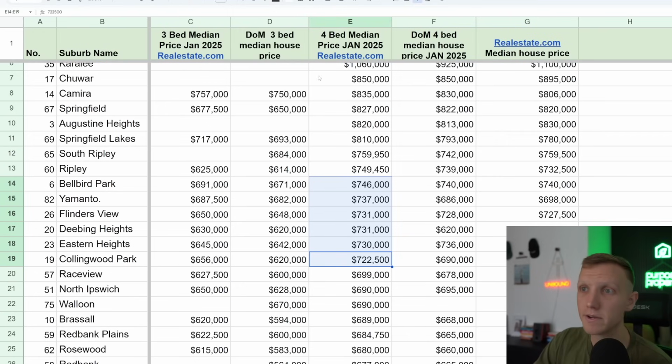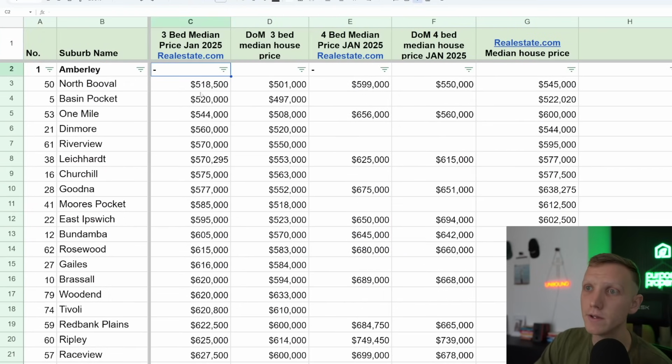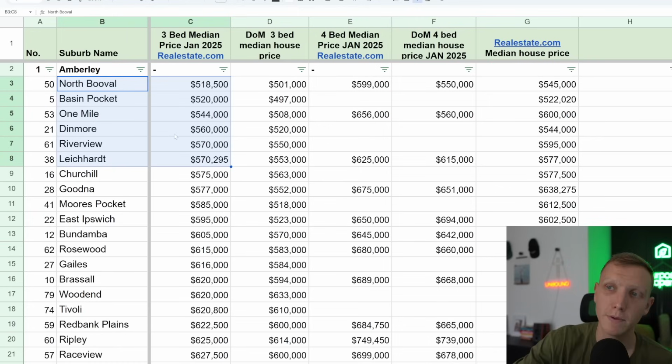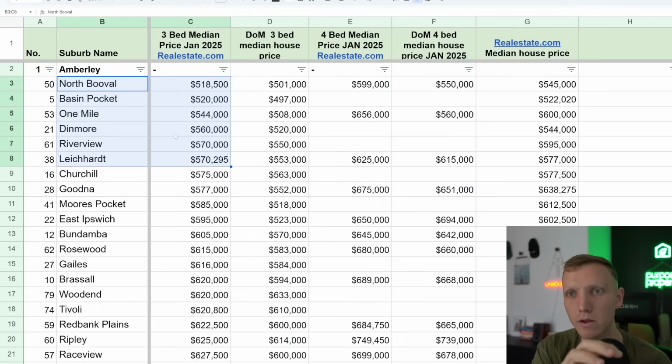To certainly consider it, if we flip the script and take a look now at 3-bedroom houses, high to low, you'll see those flood areas coming in again, 1 mile west of Ipswich, and so is Leichhardt, and Churchill, they tend to be a bit cheaper. So those pockets which are established west of Ipswich tend to be cheaper than the ones east, which makes sense because if people want to catch the train into the city, you're better off being in Goodna or Ebbw Vale or Bundamba, or any of those pockets that run along the train line